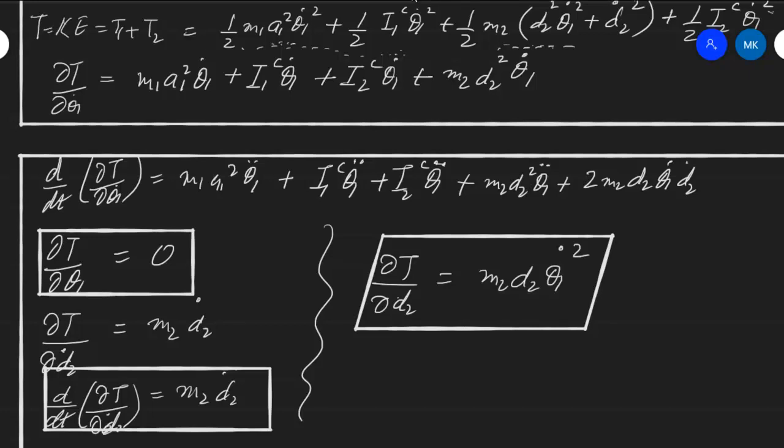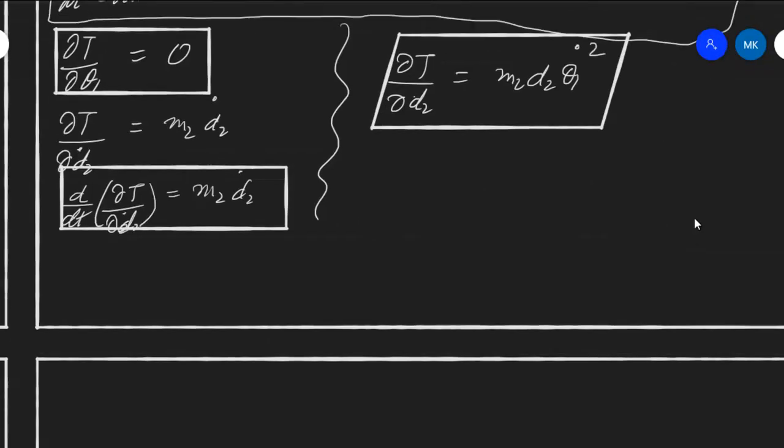All right, so 1, 2, 3, and we have this one. Instead of this we have this one, because this is something that we require at the end. So 1, 2, 3, 4, and plus the terms for potential energy, so we will actually reduce it to the form that is M theta double dot plus h plus gamma is equal to tau, where M is a matrix, h is a vector, gamma is a vector, tau is also a vector. So it will be something like this. So we'll arrange the above terms here.